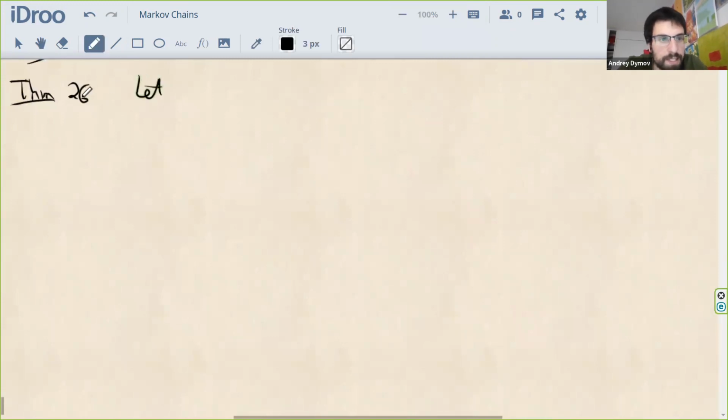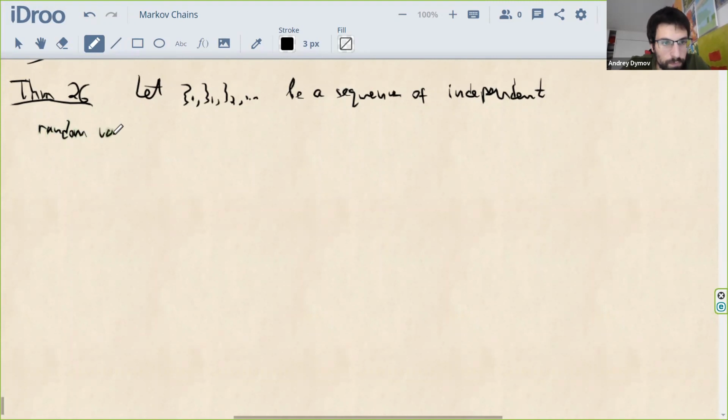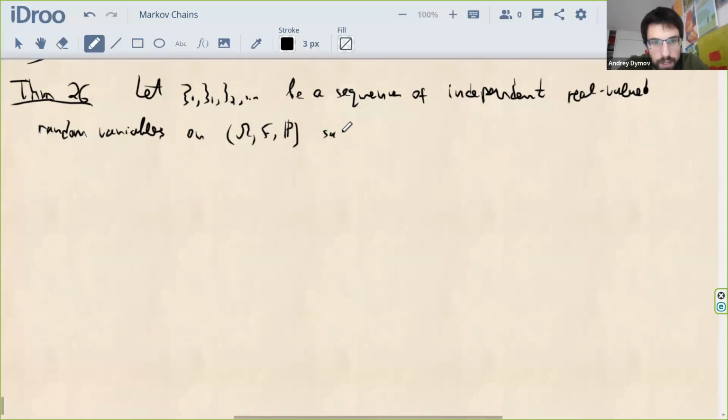So this is the simplest form of the law of large numbers. Let psi 0, psi 1, psi 2, etc. be a sequence of independent real valued random variables on the same probability space, satisfying